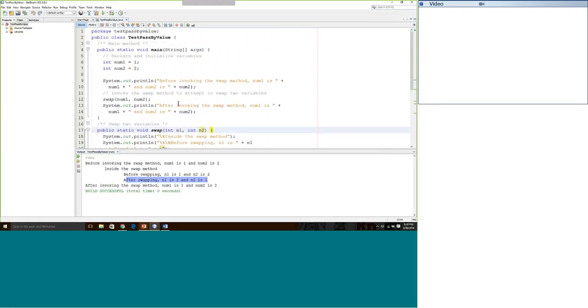We're now going to go back from whence we came, and it was at this point we do the next sequential instruction, and we're doing a print line on, after invoking the swap method, num1 is num1 and num2 is num2. They still remain 1 and 2. Num1 is 1 and num2 is 2. So regardless of what's going on inside the swap method, these values remain unchanged because they are passed by value,